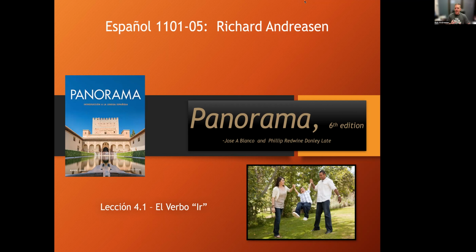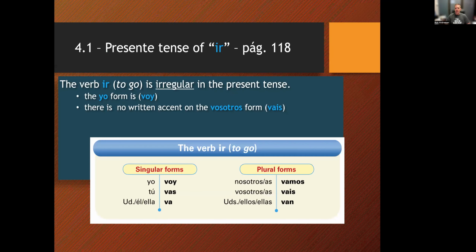And since the last lesson on vocabulary was so long, we're going to keep this one short and simple. We're going to review one thing basically only, and that's the verb ir. Ir is a super common verb in Spanish. It means to go, and many of you have already been using that in your sentences because it has some super useful translations. It is an irregular verb, even though when you look at it, it doesn't look that irregular from the beginning. It's irregular because the verb itself is IR.